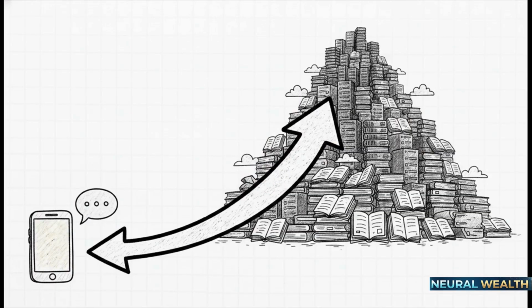To really ground this concept, think about the autocomplete feature you use every day on your smartphone. You type, "I'm running a little," and your phone instantly suggests "late." The AI is essentially the world's most sophisticated version of that exact same feature. But there is a monumental difference in scale here. While your phone is just guessing your next word based on a tiny, limited bit of data from your personal texting habits, this AI is drawing on patterns it learned from an almost unimaginable amount of text. It's playing the exact same game as your phone's autocomplete, for sure, but it's playing it at a level of complexity that frankly defies human comprehension.